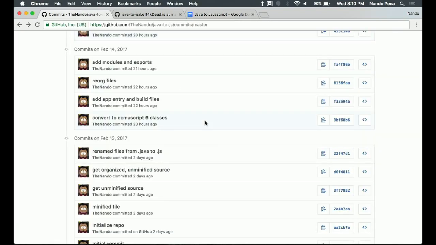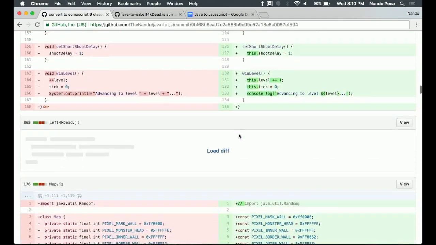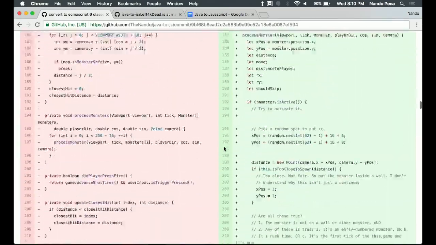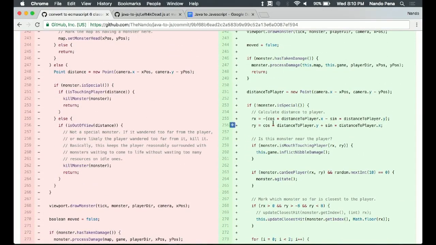I spent a lot of time converting all this stuff into ECMAScript 6. And there's just a lot of stuff here. Almost every single file has 90% of the content changed. But they're all real little changes, like adding this, and this has to go in for the local functions as well as the methods.